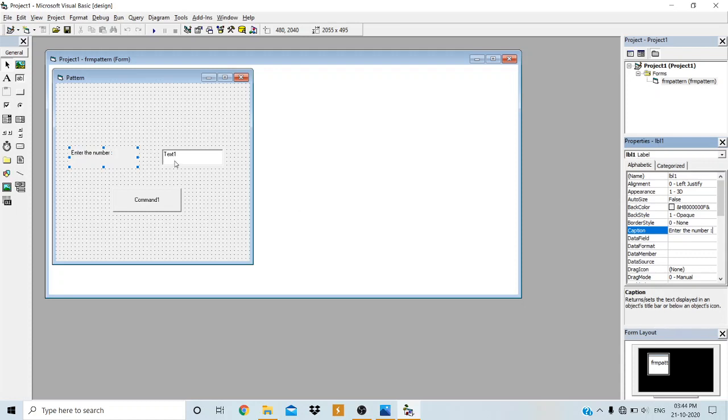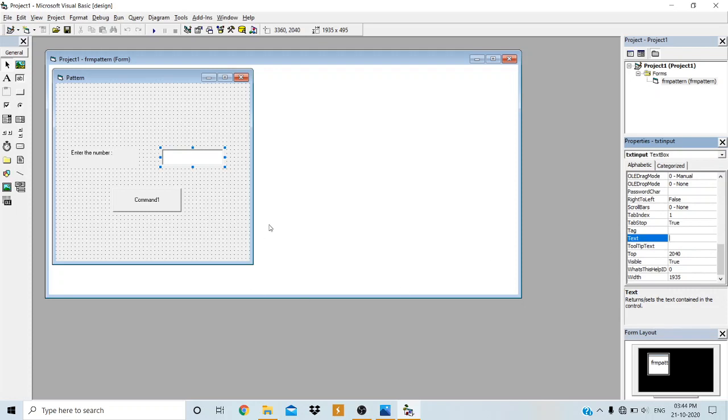Then for the text box I will change the name of the text box as txtInput, and I will change the text property and set it to blank.